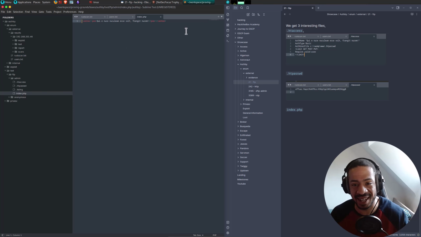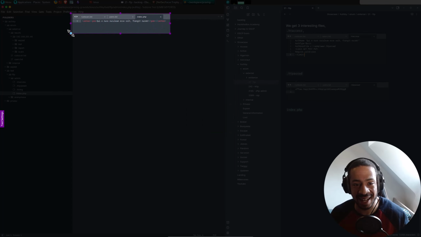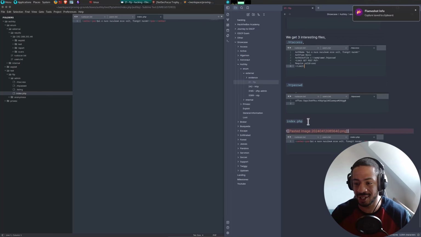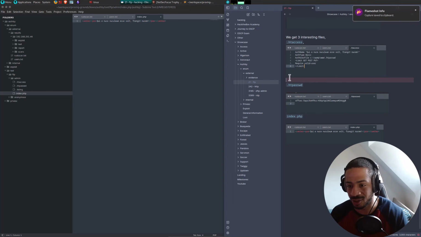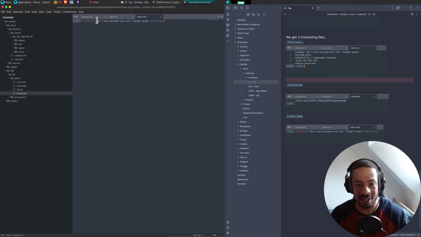That'd be nice. Should I use ChatGPT to translate this? Yes, I shall. Okay, wait, let me see what I have open here. I don't want to show you. I'll just do it like this. Translate this. So the Latin phrase "Qui enuse nucilium esse volt frangit nucem" translates to "He who wants the kernel must crack the nut."